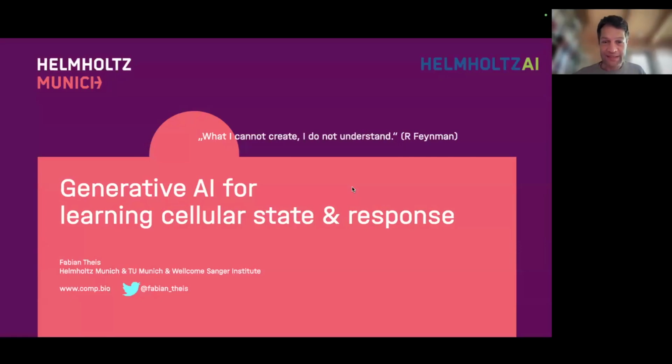Feynman, the famous physicist: what he cannot create, he doesn't understand. I think it's a really nice saying from physicists that we want to have these forward models, right? These forward models allow us to maybe predict, and really extrapolate. With Gen AI, we might be strong at interpolation, but maybe you can also go beyond this. And I think this is maybe what you want to do with design as well.